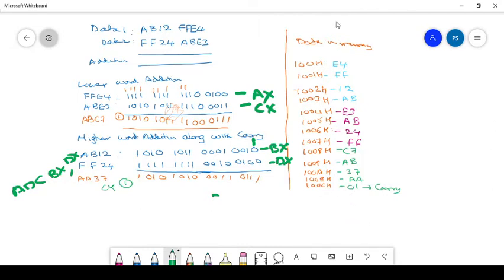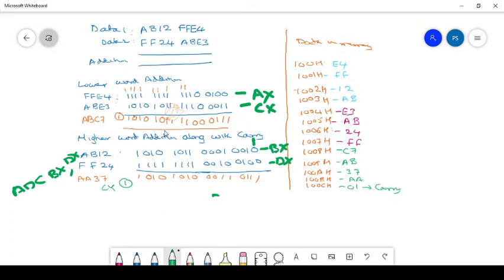So we are going to observe whether we get this result by using MASM or not. Here we are using the two 32-bit numbers AB12 FFE4 and FF24 ABE3. These are stored in memory locations whose address is stored in SI, and we are going to increment the SI. By using our instructions we are storing the lower word of data 1 in AX and the lower word of data 2 in CX, and we are adding that content.